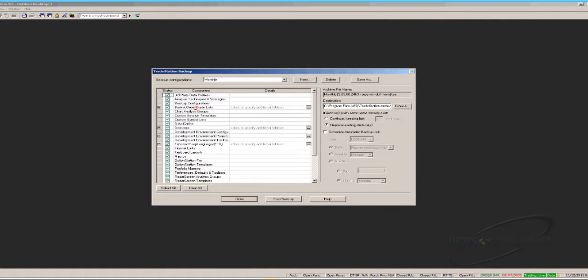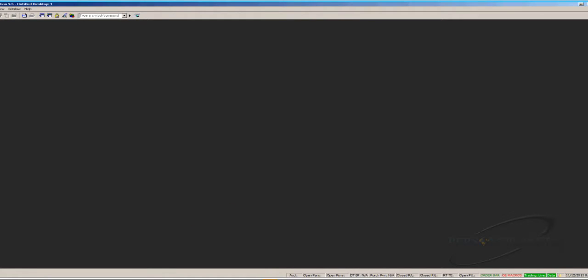Everything's checked. I close it. Now I typically name them with today's date, and that was the last one, so this will be named today's date. And all you've got to do is hit Start Backup. If you do that, what will happen is in your TradeStation, in your Windows directory,